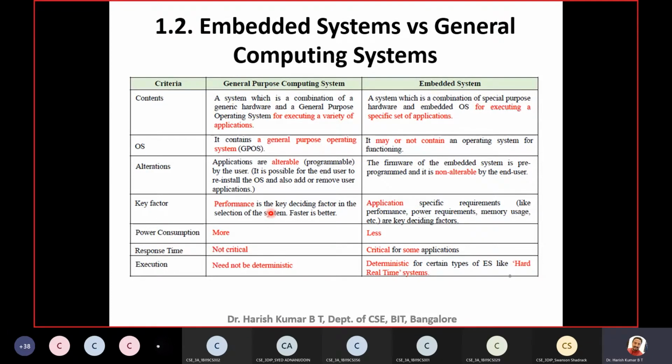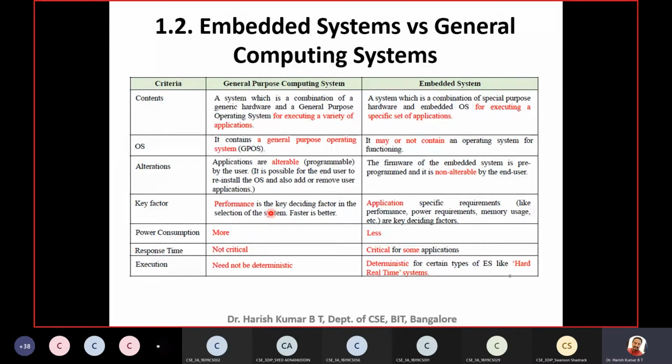These are the three main key factors that we look at while selecting an embedded system. But in the general computing system, the desktops or laptops, we focus only on the performance, and not on power requirements and memory usage,